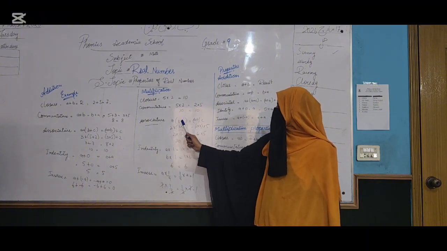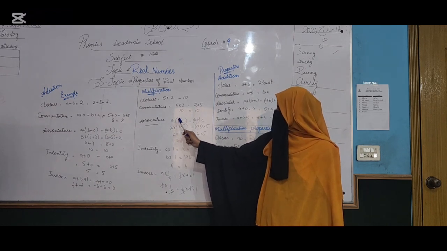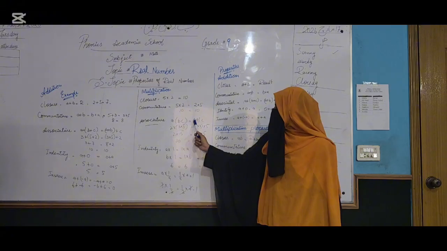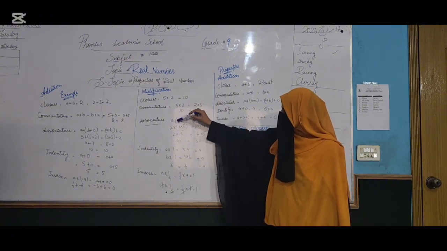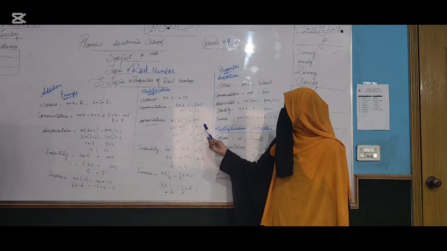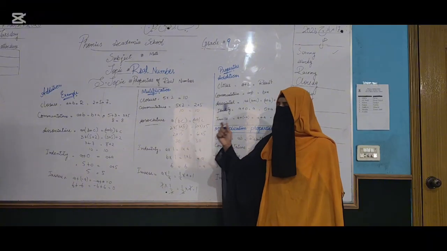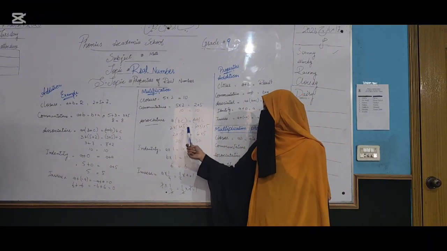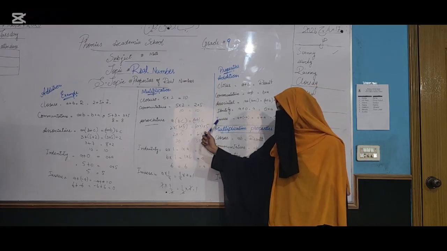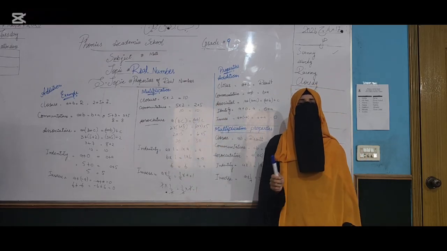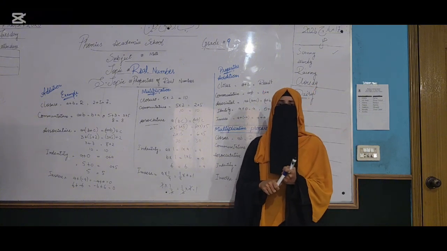Associativity: a multiplied by bracket b, c bracket. The value of a is equal to 2, b is equal to 3 and c is equal to 5. b c multiplied is equal to 15, and when you multiply by 2 it is equal to 30. 2 multiplied by 3 is equal to 6, multiplied by 5 is equal to 30. There are three values, and when the left hand side and right hand side are equal, it is called the associative property of multiplication. Identity property: when you multiply a number by 1, it is called the identity property because the number gives itself as the answer.